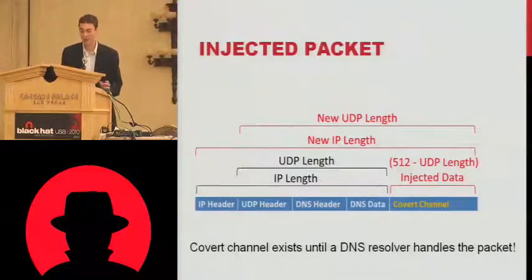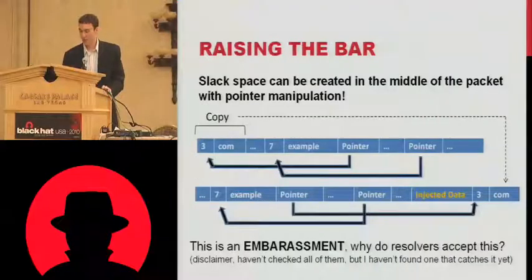But essentially you can put however long of a covert channel on the end of this you want, and you can put any type of data in there. It doesn't have to be formatted in any specific way. And this will actually exist going through the network until it hits a DNS resolver at some point. Now there's actually a way of creating this slack space in the middle of a DNS packet instead of just